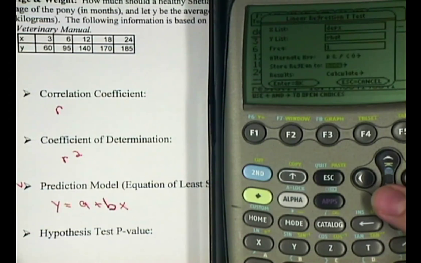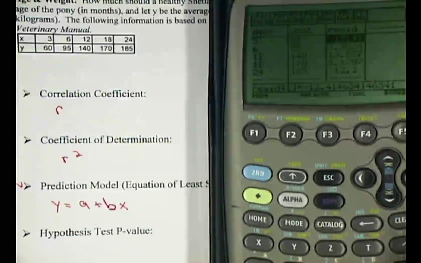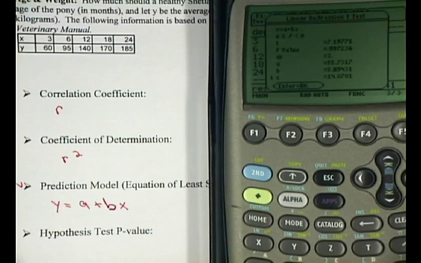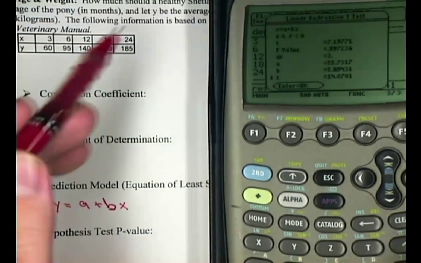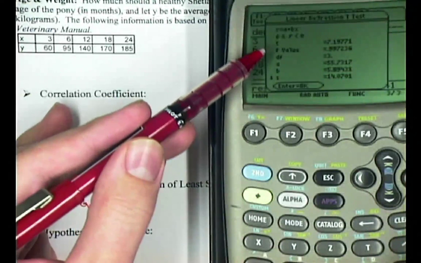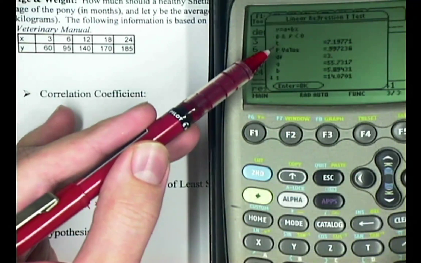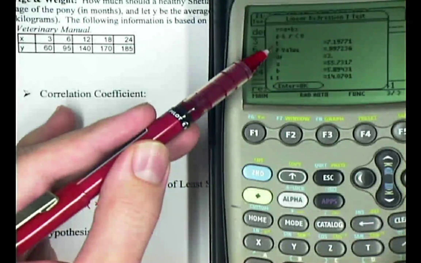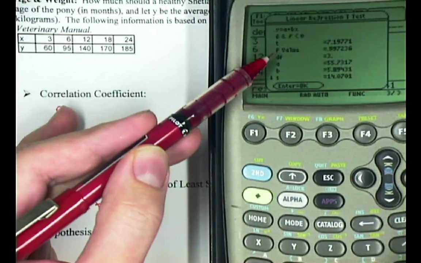Store regression equation 2, I'm not going to do that. Results calculate rather than plot. Of course, I always want to calculate things because I want to know numbers. Now it gives you your t-test statistic, which is handy, especially if your instructor requires that to be written down by hand. Your p-value,